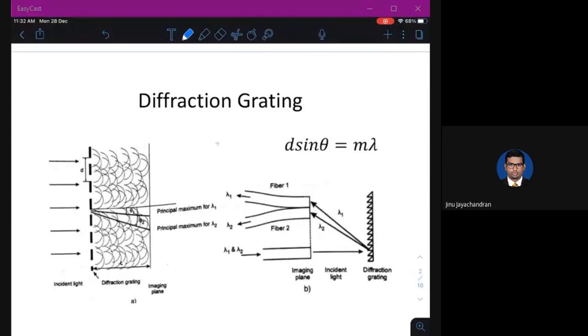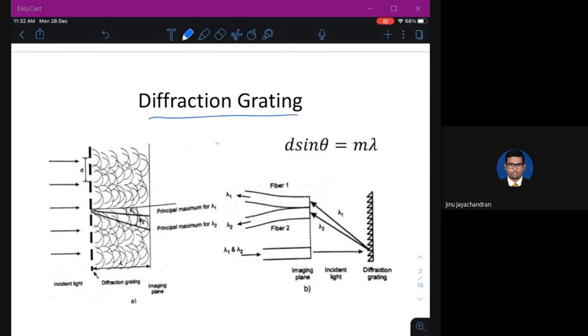and you want to extract out a particular frequency. Similarly, in optical systems, you have a large number of wavelengths which will be coming, carrying information and propagating through the fiber and reaching the receiver. So at the receiver, you need to take out each and every wavelength so that you can decode the information. So അതിൻ്റെ ഒരു സ്റ്റാർട്ടിംഗ് എന്ന് പറയുന്ന ഒരു കാര്യമാണ് ഈ ഡിഫ്രാക്ഷൻ ഗ്രേറ്റിംഗ് എന്ന് പറയുന്നത്.